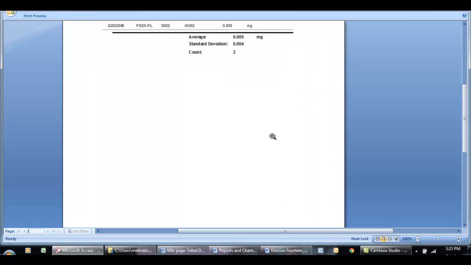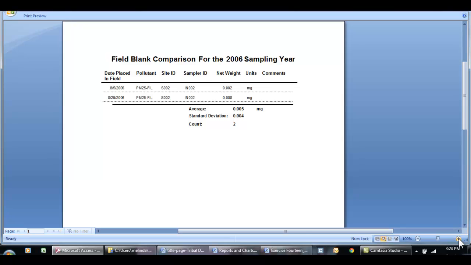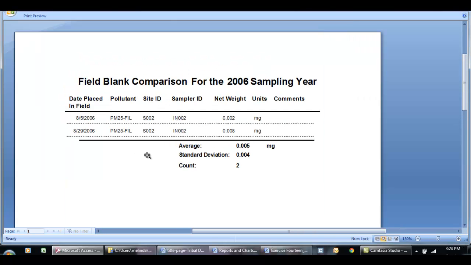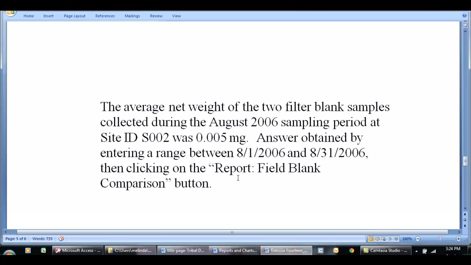So we click there, we zoom in on it, and we see that we have the blank from Site 2, Instrument 2 on the 5th, and Site 2, Instrument 2 on the 29th, and the average of the difference between the average blanks was 0.005, which is great. You want it to be low. You don't want your blanks picking up anything. So we go back into the exercise and we type that in,